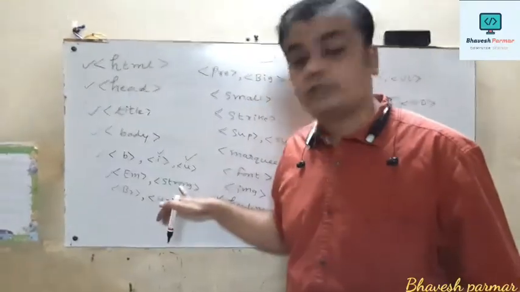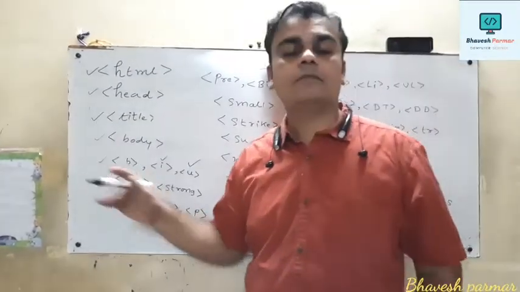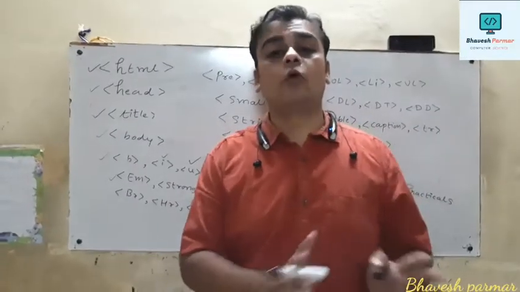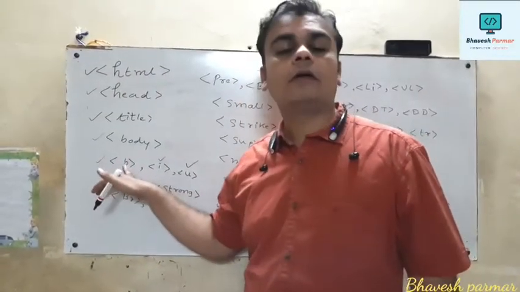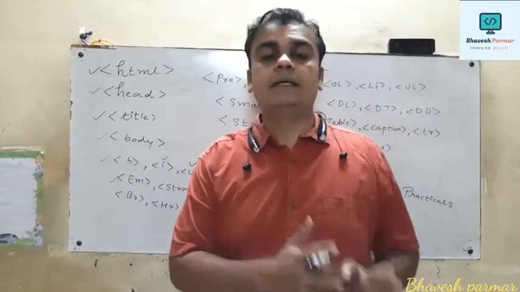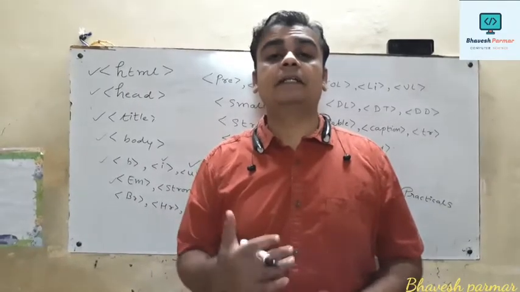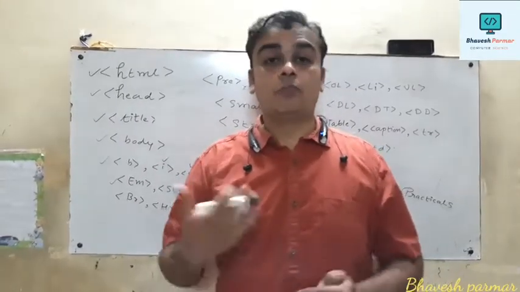Thereafter the strong tag. The working of the strong tag is almost like the B tag, meaning it will display the text in bold form, and again the strong tag is an alternative tag for tag B. And when we use text to speech format, in that case it displays the text in bold form. So that will make your web page look more attractive.